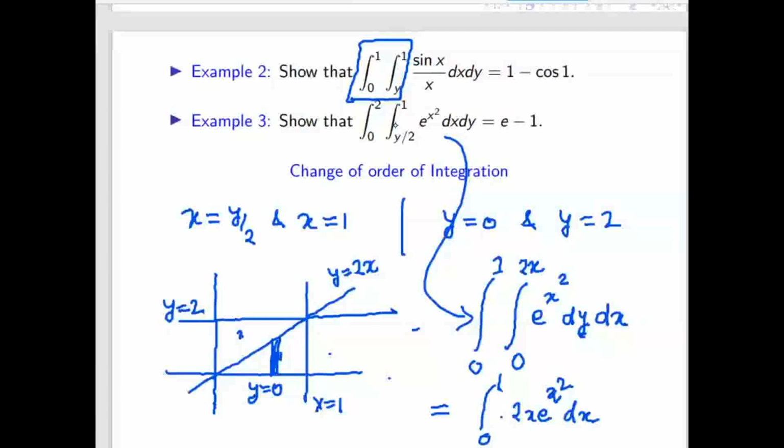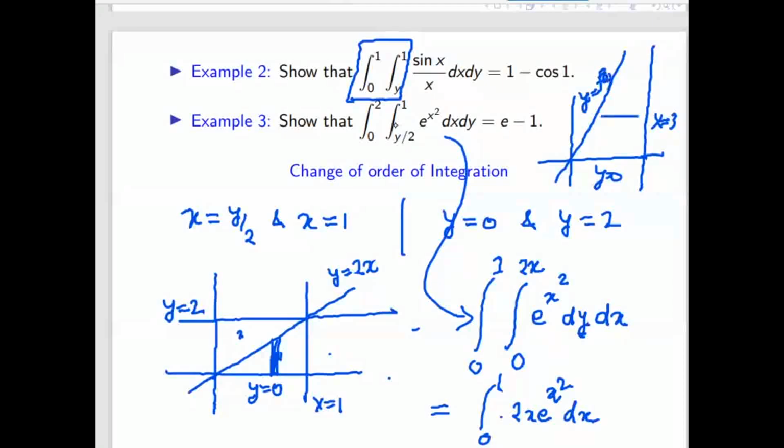For example, this is the picture. Suppose this one is going to infinity, and this is the actual region. So here y equal to 0, it is starting. Suppose this is x equal to 3, and this is some function y equal to f of x. If you take the limit like this, you will start with f of x, whatever function is given, it will go up to 3, and y equal to 0 it will start, it will go up to infinity. Then you will put the limit as infinite because there is no bound. If it is not intersecting, then the limit is infinite because that strip will start from y equal to 0 and go up to infinity. So I hope it is clear.